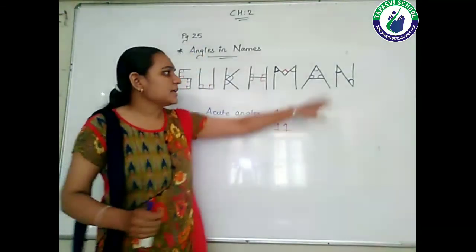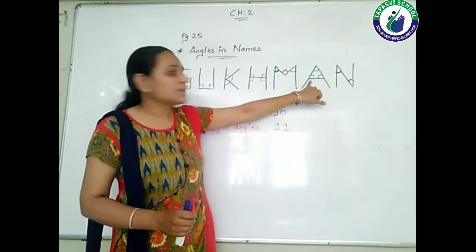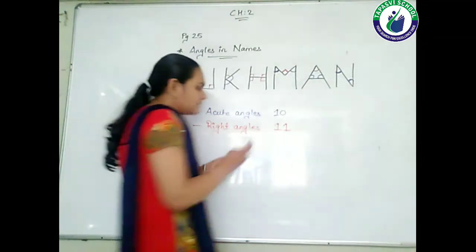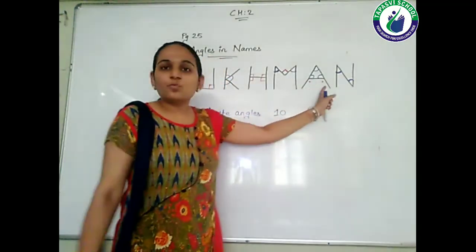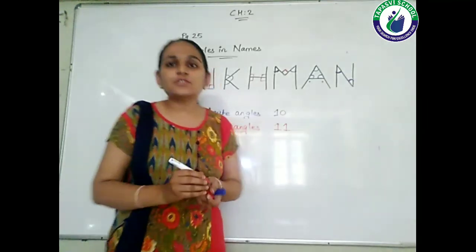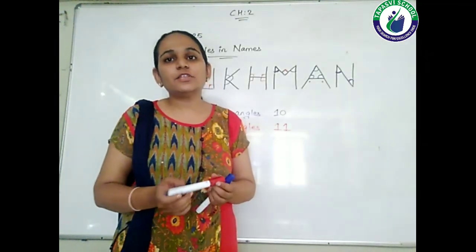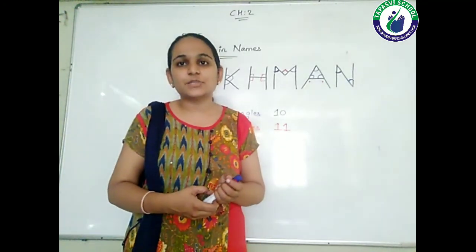If I want to say, then I can say here the obtuse angle will be formed. See this one and this one, which I can highlight here. See here, this one and this one. So these two positions are there where the obtuse angle will be formed. So you can also try, students, with your names, with your family members' names, with your friends' names also.